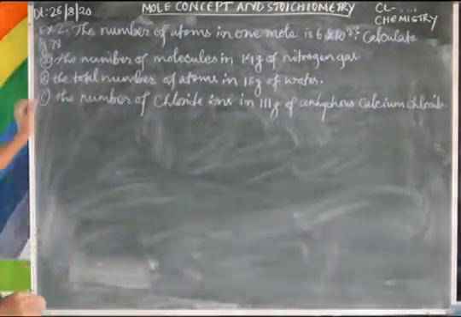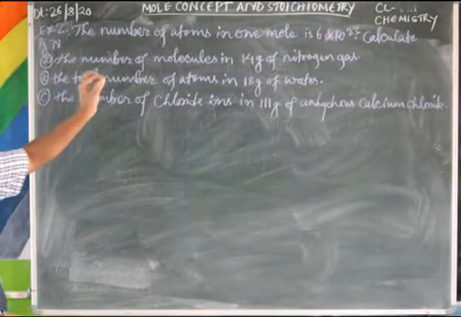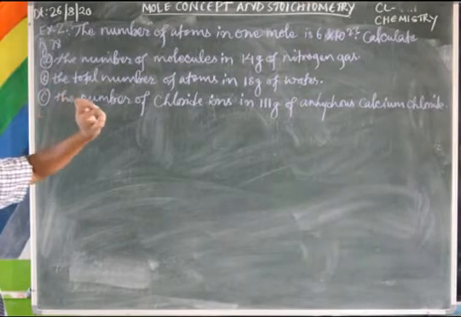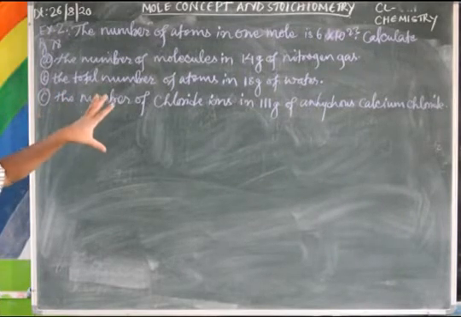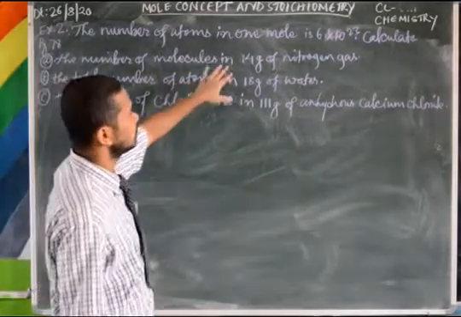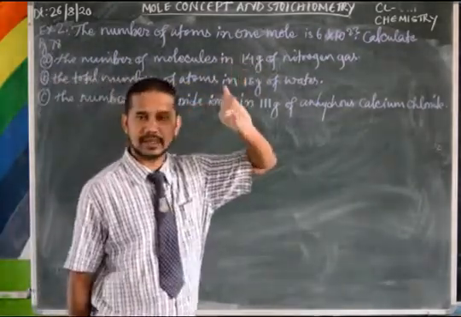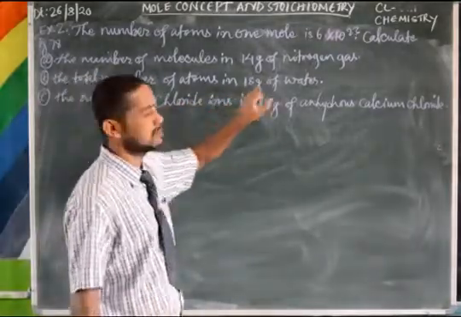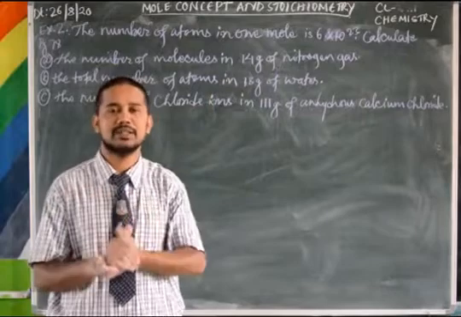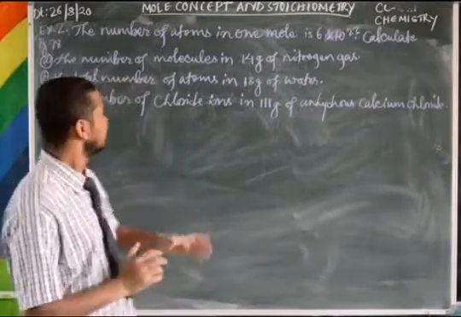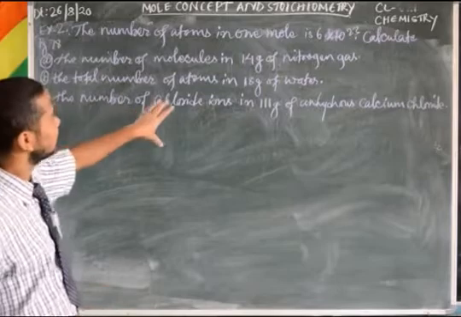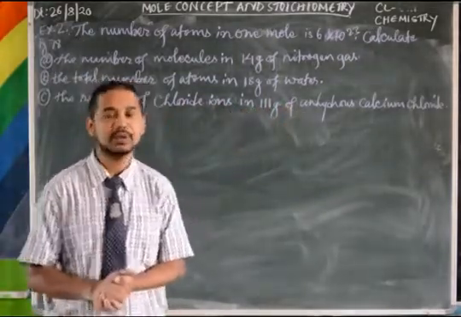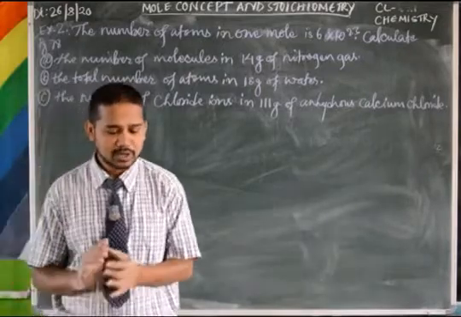Then calculate A, the number of molecules in 14 gram of nitrogen gas. That means how many molecules are there in 14 gram of nitrogen gas. And the total number of atoms in 18 gram of water. How many atoms are there in 18 gram of water? Then the number of chloride ions in 111 gram of anhydrous calcium chloride. So what we know actually is